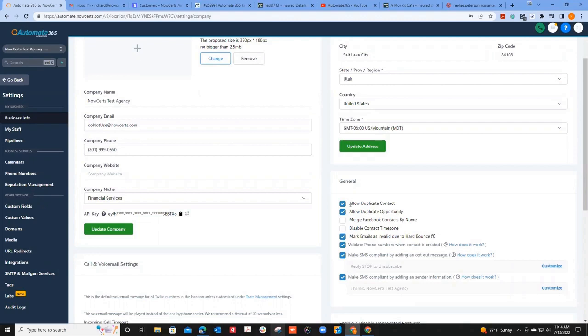So let's say, for example, in NowCerts, you had an insured that has an LLC and then another corporation and maybe another LLC. Instead of creating 3 different insureds, it would create one, and whatever the last one was, it would just keep copying it over. Right. So it's important, at least for the time being, to keep that on. That has been brought up to